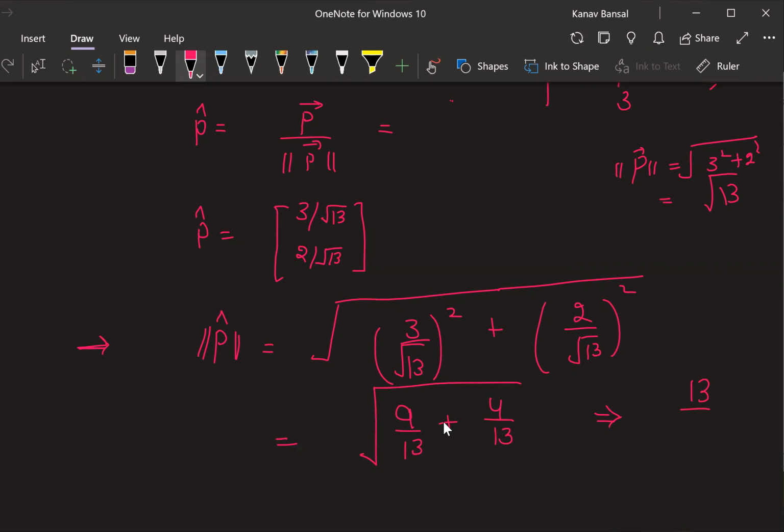Cool. So let's come back to the final topic for today, the projection topic, right? So now we'll try to learn something crazy here. Okay. So what is projection? First, let's try to understand that. Let's say we have two vectors, right? Let's say we have the x-axis and y-axis, and we have two vectors. Let's assume that. Okay. So let's say there is a vector like this, vector b.